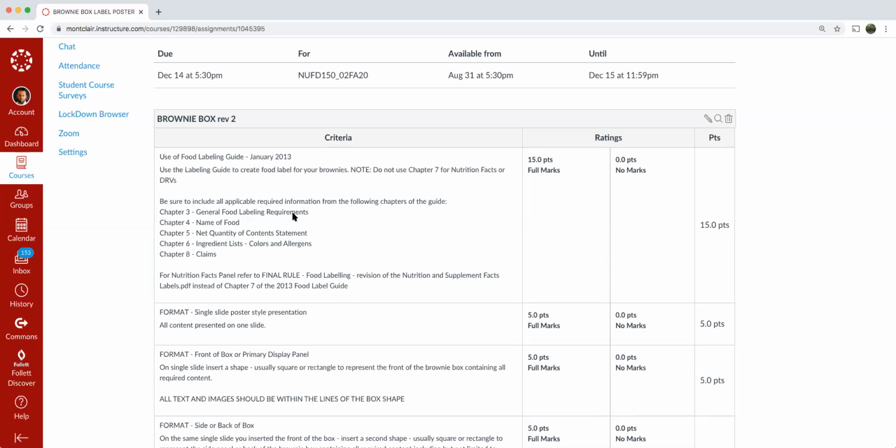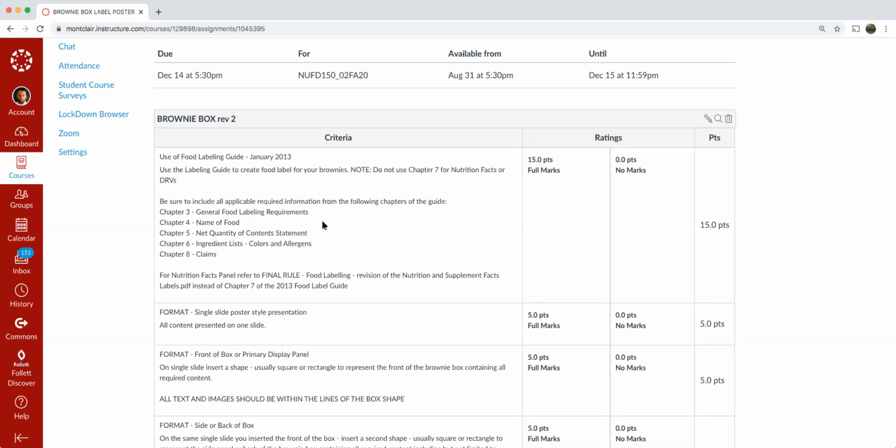Okay, so general food labeling, basically on the front of the box, you have to have the name of the food. I suggest putting a picture of the food, because how many of you buy products with no graphics or images at all on them? And then on the front of the box, toward the bottom is where you normally see it, you also want to include the